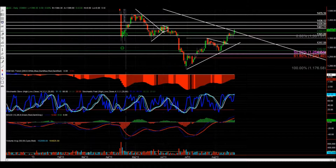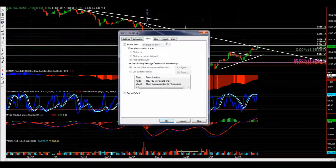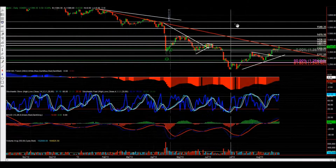I was expecting a move to pull back into this trend line and then to see if we could break up above that trend line. So I'd be looking for support here, and I'd be looking to break this trend line here. The significance of this move really is that this downtrend line, I'm actually going to mark this in red just to highlight it. Essentially this downtrend line represents